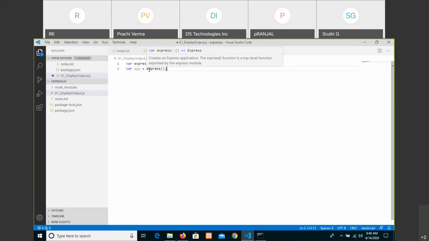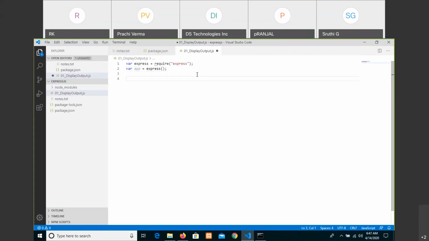The express function is a top-level function exported by the express module, as we did in the top line. Simply, an app has the feature where it can use all the built-in functions and properties of this express module.